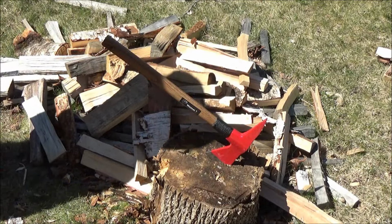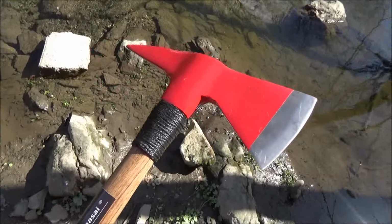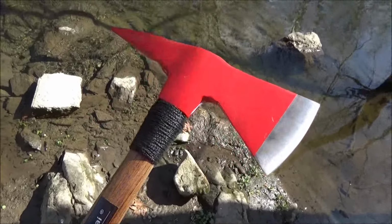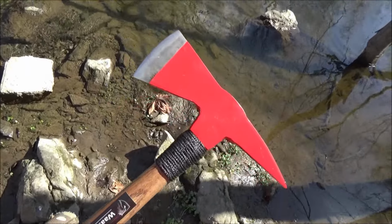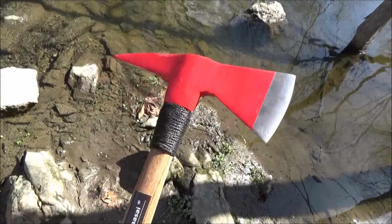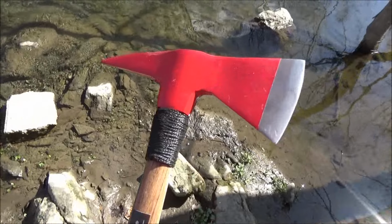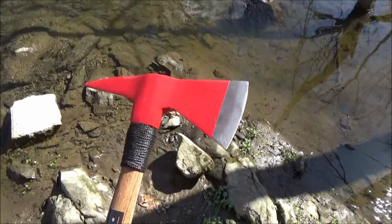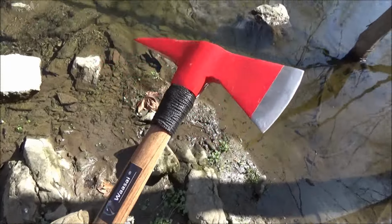You get the idea. It's a good splitter. I think it's a pretty solid item for the low price. Who would actually buy this? I don't know. Axe murderers maybe? No. Preppers probably. I mean, all the firemen I know already have an axe. Or 2 or 3, right? So I don't think they...